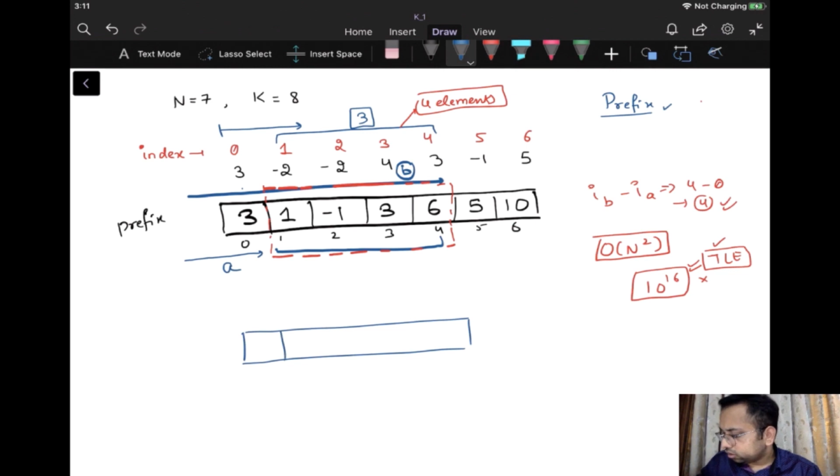inside your queue, in a double ended queue, you can insert from the front and you can insert from the back as well. You can delete from the front and you can delete from the back as well. So this data structure is required to help solve this particular problem in O of n time complexity, right? So let us see how we can do it.